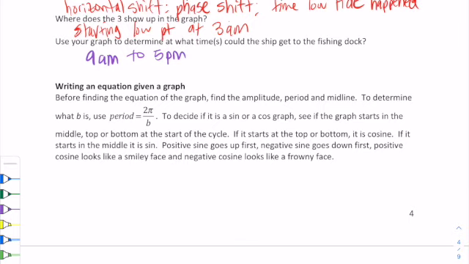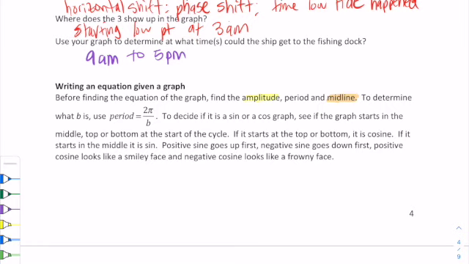So when we're creating an equation from a graph, we need our amplitude, which we already know how to find. We need the midline, and you either need the period or the b value. So the period is not in the equation, but you can get the b value, which is in the equation,